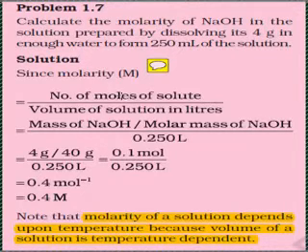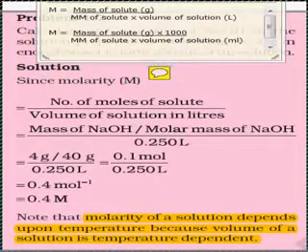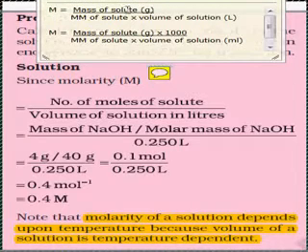Now you can use this formula if you have moles directly, or you can write one more formula. Molarity is equal to mass of solute in gram upon molar mass of solute into volume of solution in liter. Now this and this formulas are same. We have just written the formula for moles. Moles is equal to mass of solute upon its molar mass. So mass of substance in gram upon its molar mass is equal to moles. So when you are directly given moles, you can write down moles. If moles are not given, then you can use mass of the solute in gram upon its molar mass. Now molar mass can be found.